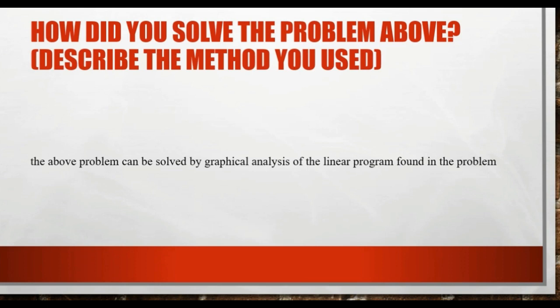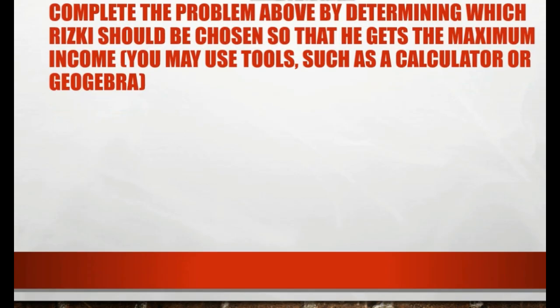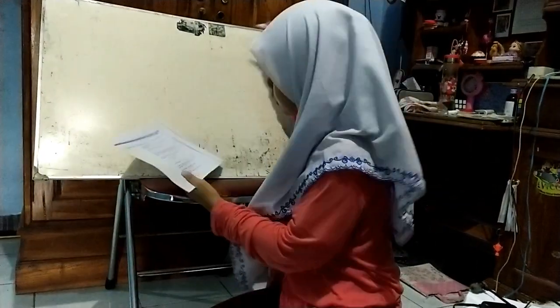Third, complete the problem above by determining which company Rizky should choose so that he gets the maximum income. We will present our work on the second problem. The model is